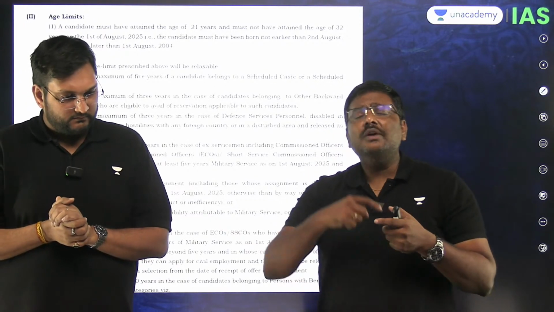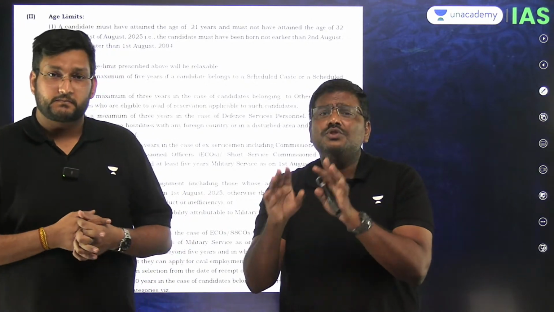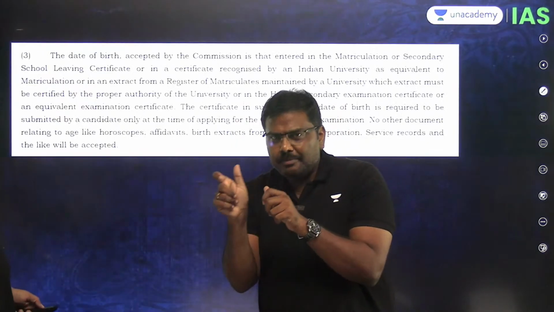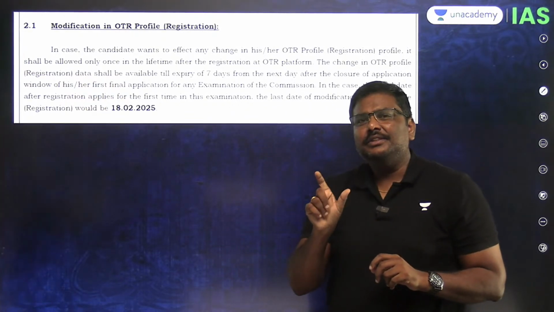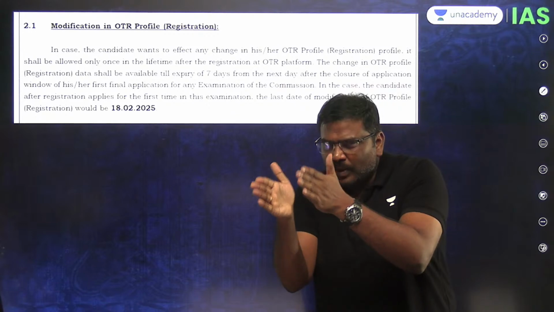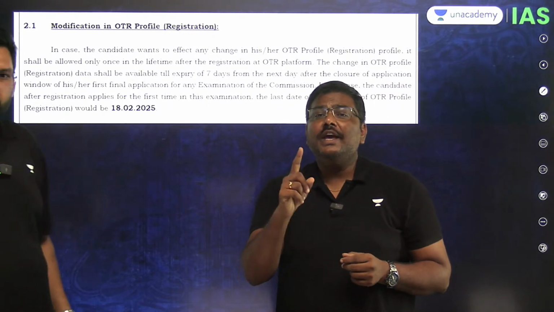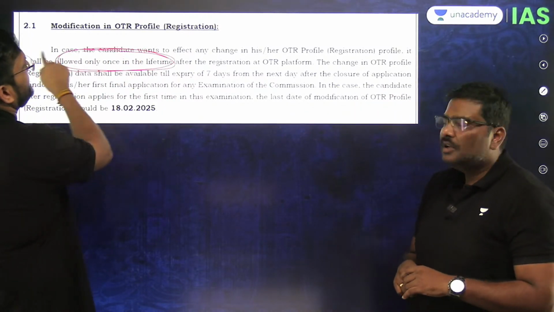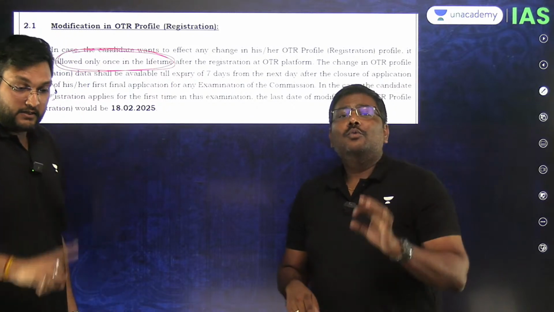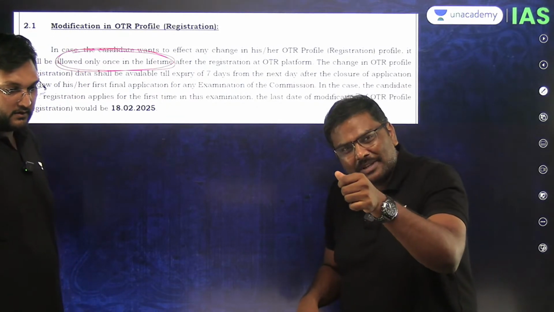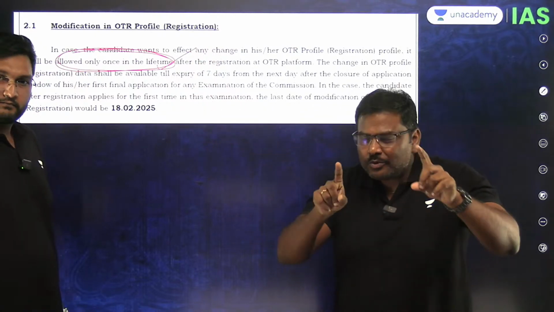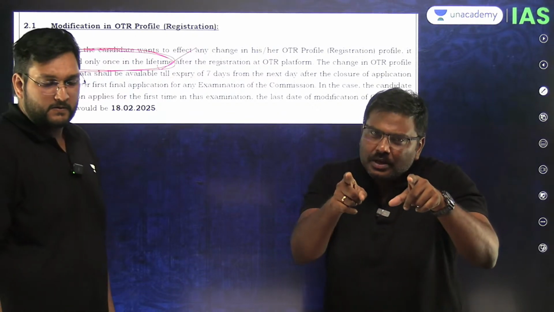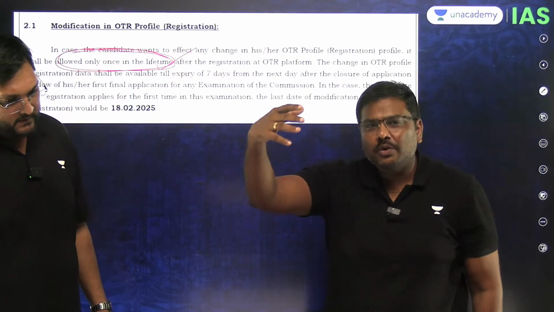Point number three. If I make a mistake in OTR, is there any way to change it? The UPSC simply says, let the form filling date be over, that is, 12th to 18th. That is exactly one way. UPSC will allow you to change it once. This is a very important one. Only once in your lifetime. Whatever mistake you have made, let's say a spelling mistake, correct it in this window from 12th to 18th. After that, no corrections will be allowed,